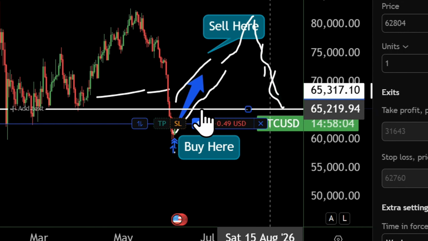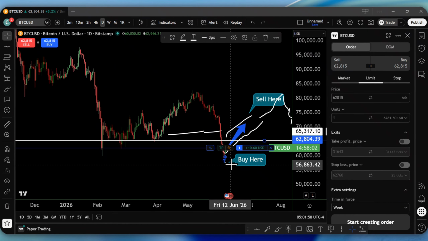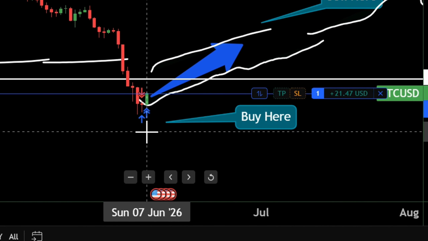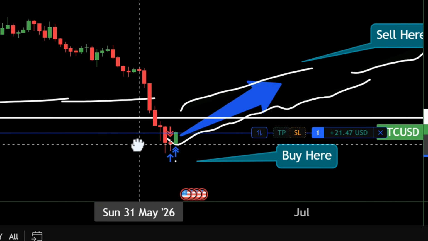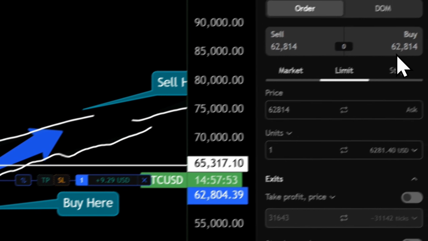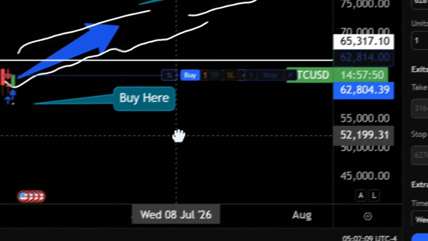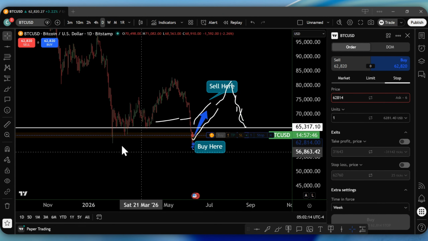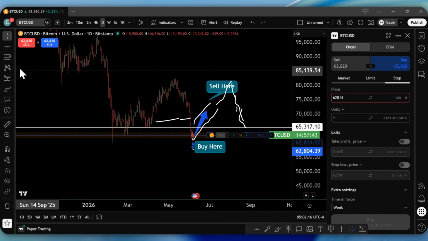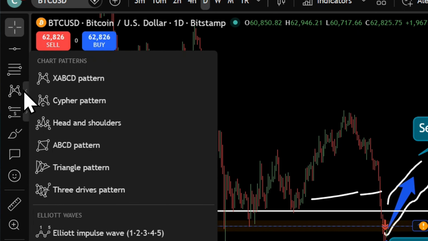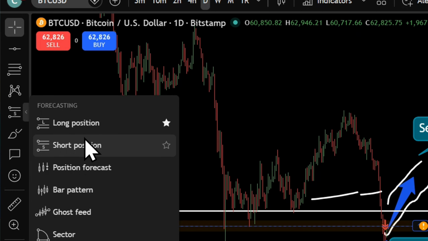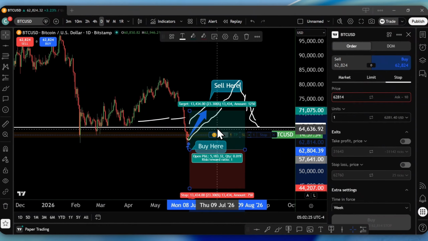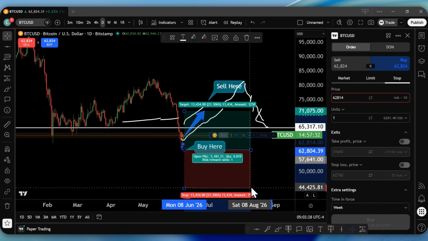Before we wrap up, remember this. Paper trading is not about making fake money. It's about building real experience. The objective isn't to prove you're a great trader. The objective is to develop consistency, discipline, and confidence. Those are the skills that matter when real money eventually enters the picture. So open a chart. Connect your paper trading account. Choose a market. And start practicing. The more time you spend learning in a risk-free environment, the more prepared you'll be when it's time to trade